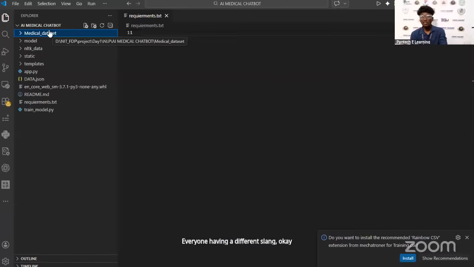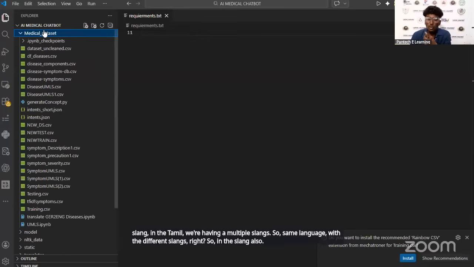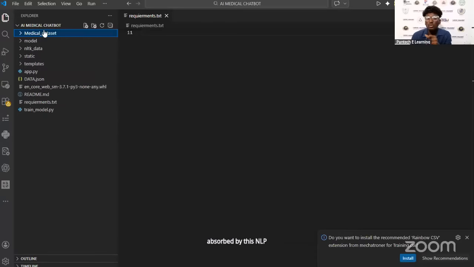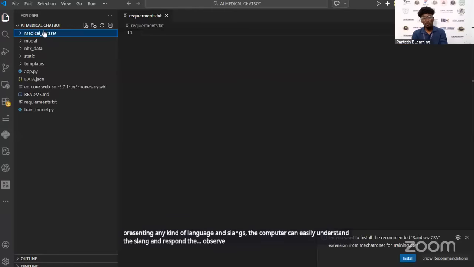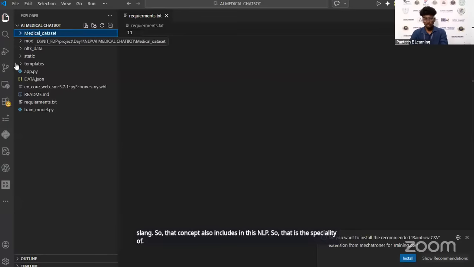In Hindi there are multiple slangs, and in Tamil too. The same language has different slangs, and NLP also handles them. A human can present any kind of language and slang, and the computer can easily understand it and respond in the same slang. That is the specialty of natural language processing.